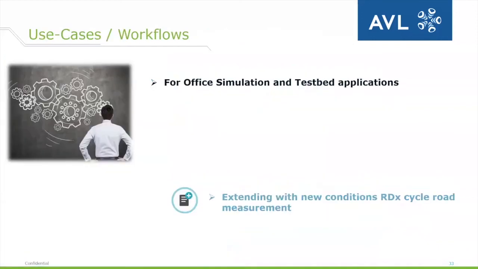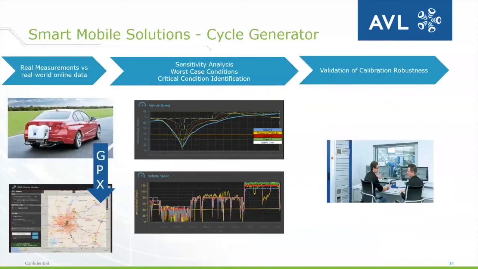Correct. And this brings us to the last point, where we want to combine the real road measurements with the extension of them and generate new scenarios. So here with the cycle generator, we can also import the real measurement. So we don't always need to generate the route in the tool. We can also use an existing route that we have driven outside in the street. So we can import the measurements, and we can add different scenarios that are not included in our measurement in order to extend